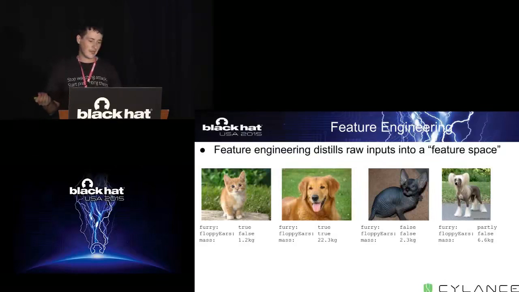So you'd have a thing that tells you, okay, is this object that I'm looking at furry? If so, it's sort of a true or false thing. Or does this object have floppy ears, for example? Or what is this object's approximate mass? So as you can see, none of these features are by themselves necessarily discriminative. So if something's furry, it could either be a sphinx cat or that weird looking dog on the side there. Floppy ears, that's not necessarily completely predictive as to whether or not it's a cat or a dog, and same with mass.